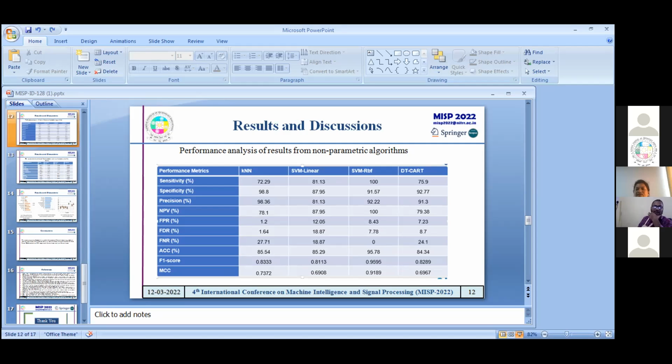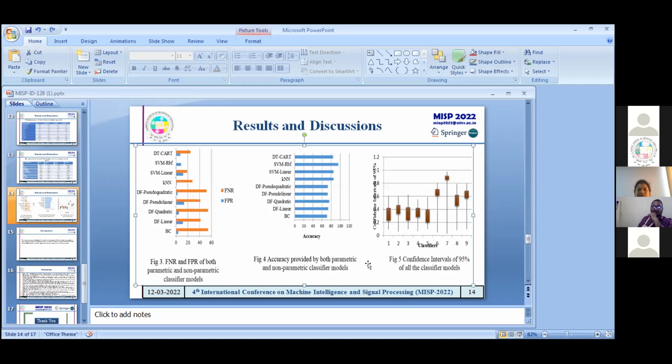We are unable to see the graph. Move on to slide 14. Yes, sir. Are you on slide 14 or which number? Yes, now it is. Okay, move to the next slide, 15 and 16.